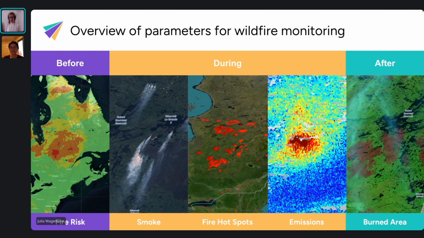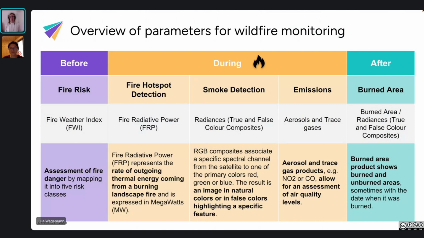And as Sabrina already also showed in some of the examples, there are specific satellite composites that help us to highlight the burned area in a specific color and to make this really obvious. So just as a note as well, after our workshop, you will get an email where you get also today's slides. This is again a very detailed table on what parameters you can use from satellites and also what they are.